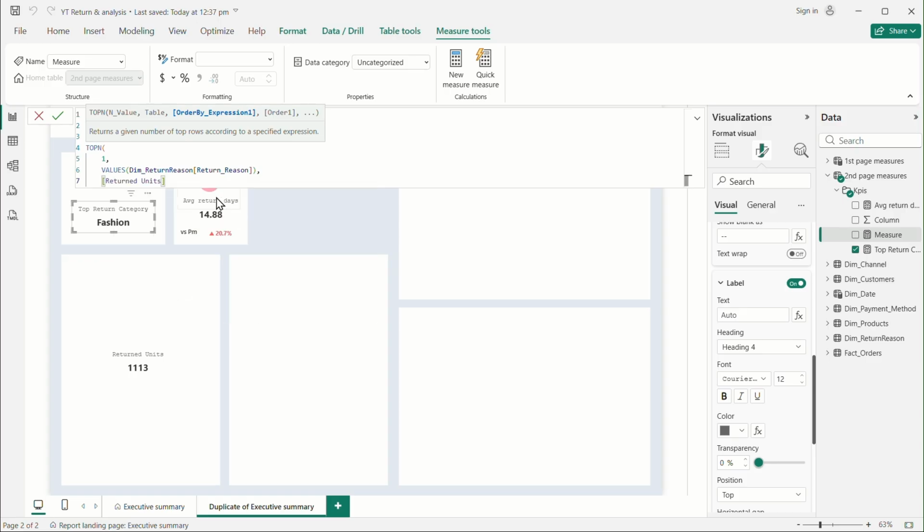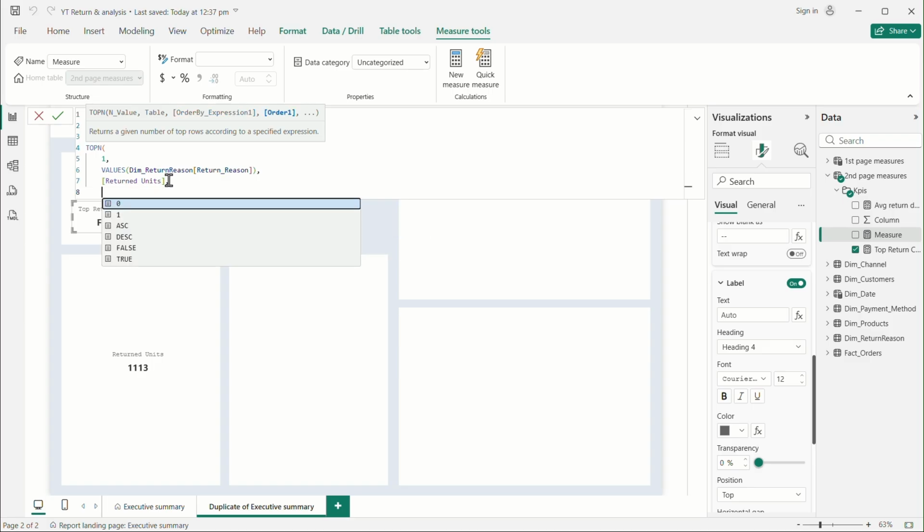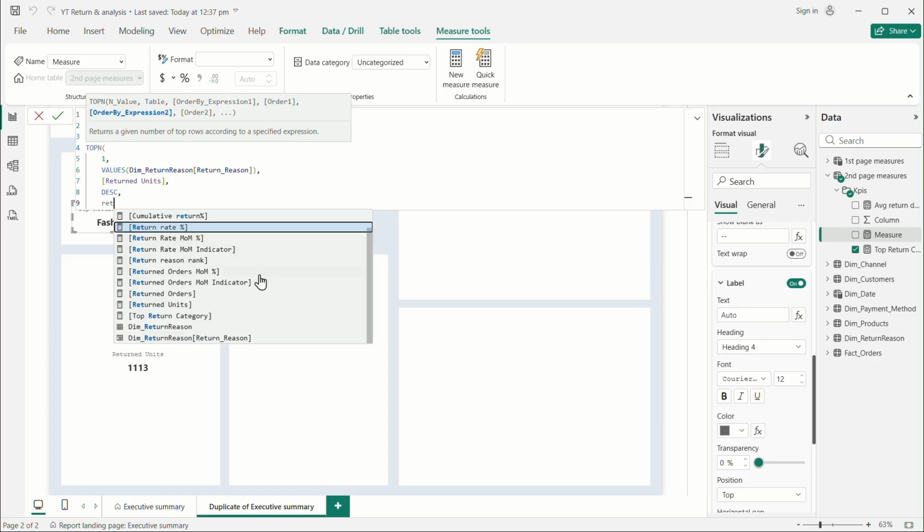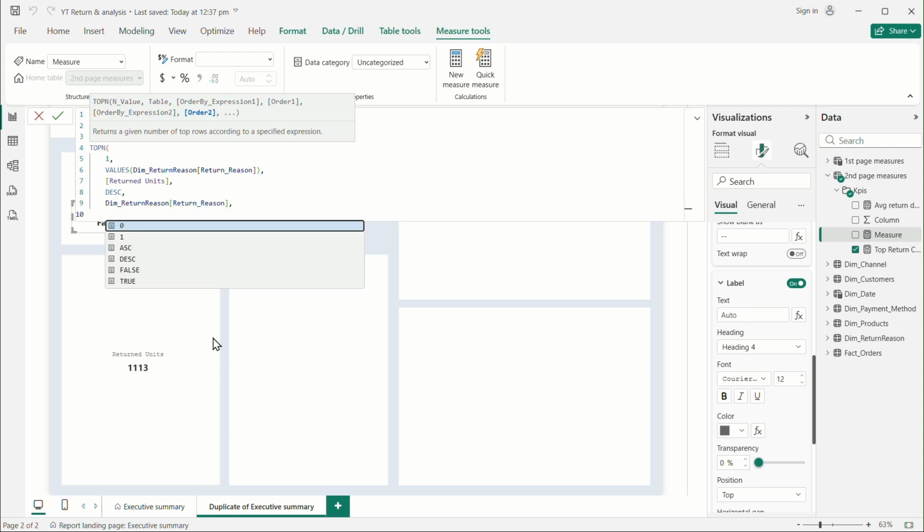Okay. So now it is completed. And also, what do we want here? Just give comma here and order by descending. Okay. And again give comma if none of these values meet. For example, we'll just use a function called first, we'll select the column as return reason, give comma as